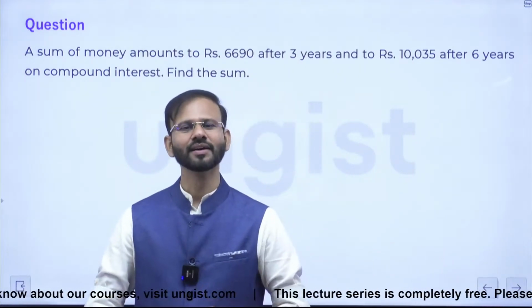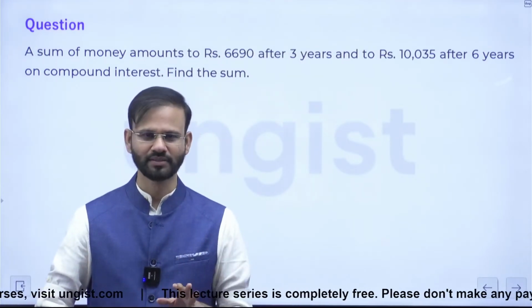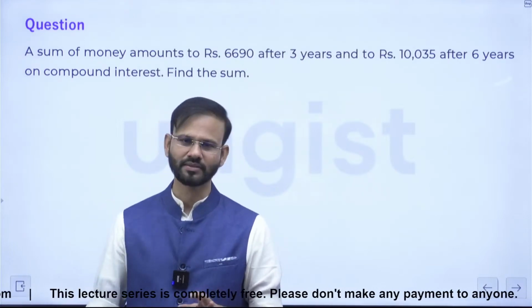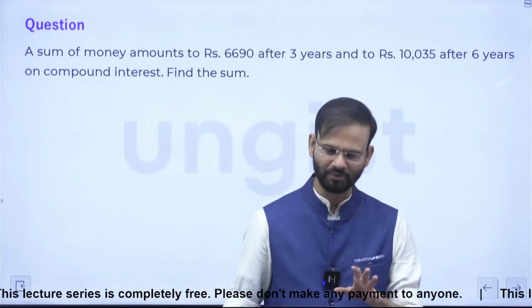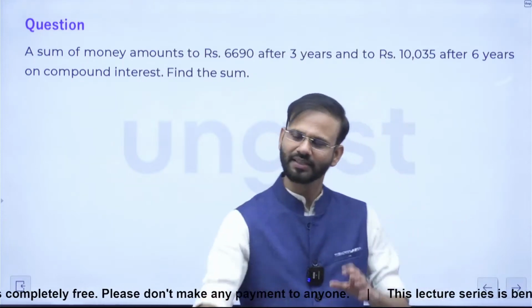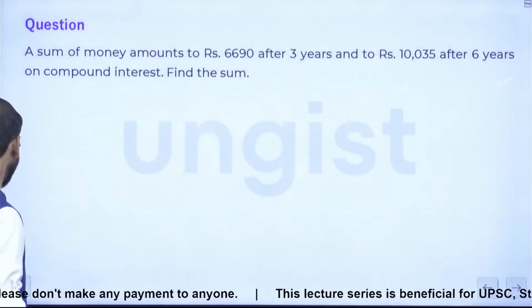कोई अमाउंट है, वो आफ्टर 3 years 6,690 हो जाता है. ठीक है. And after 6 years 10,035 हो जाता है. ओरिजिनल क्या है, मतलब अमाउंट कितना है. वेरी गुड. मतलब प्रिंसिपल क्या है. प्रिंसिपल क्या है, राइट? कैसे किया जाएगा, ये बहुत अच्छी बात बोली है इन्होंने। देखिए इन्होंने ये कहा कि सर